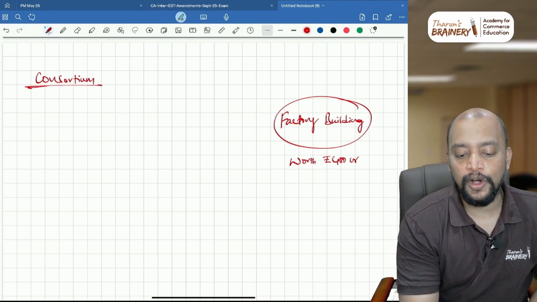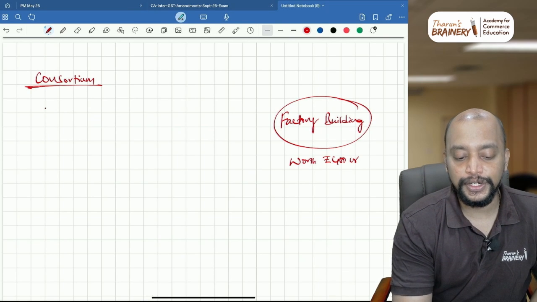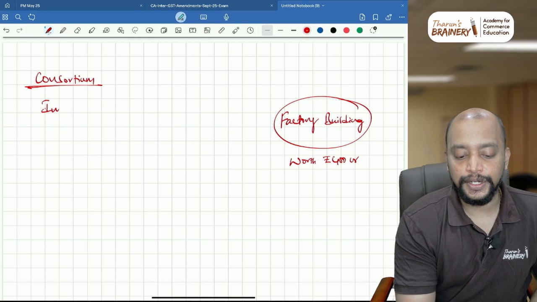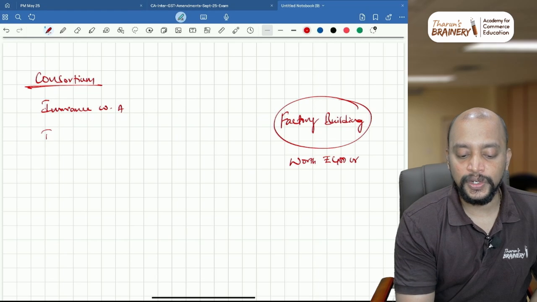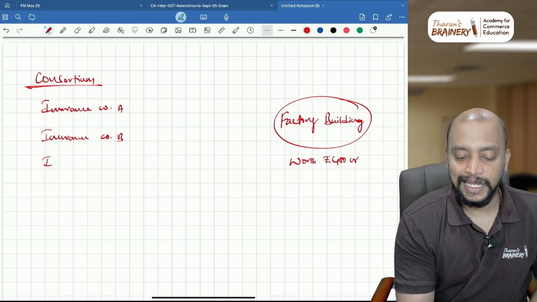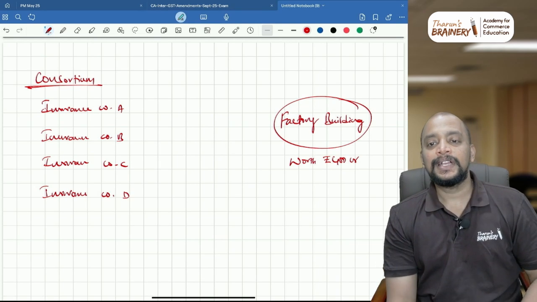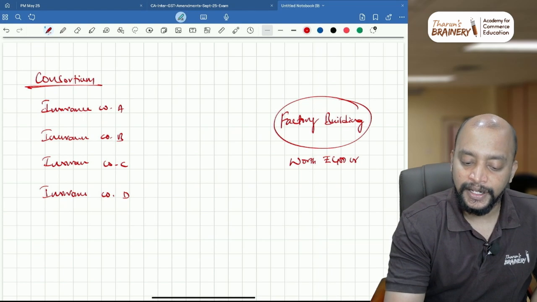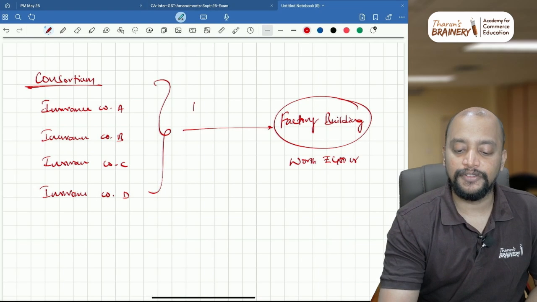So, a consortium of insurance companies. How many insurance companies? Total 4 insurance companies: insurance company A, insurance company B, insurance company C, and insurance company D. So total 4 insurance companies, they formed a consortium, and together they are providing the insurance services for the factory